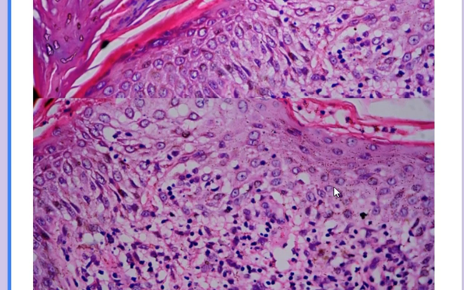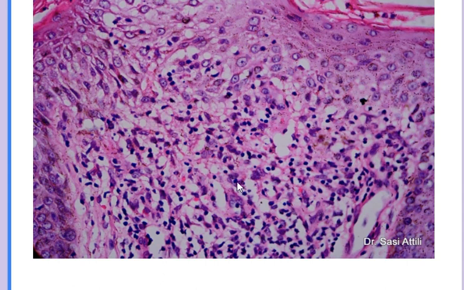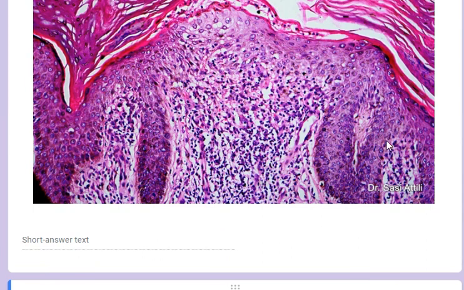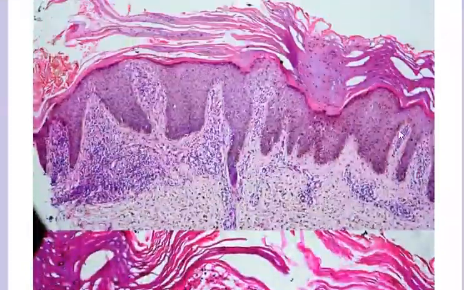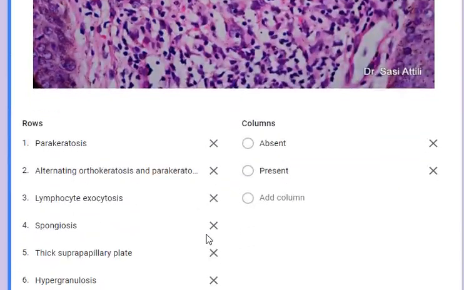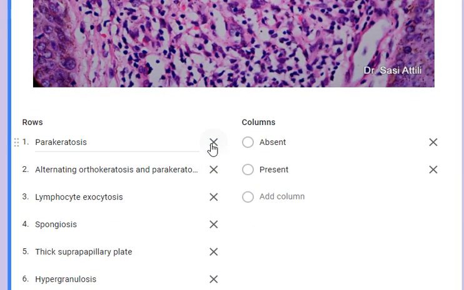There are no neutrophils. And if you look at the dermis below, you're seeing a bit of dermal edema and a few dilated capillaries. I forgot to mention in the earlier slide, there are dilated capillary loops here as well. These are small dilated capillary loops in the papillary dermis. So there is definite parakeratosis.